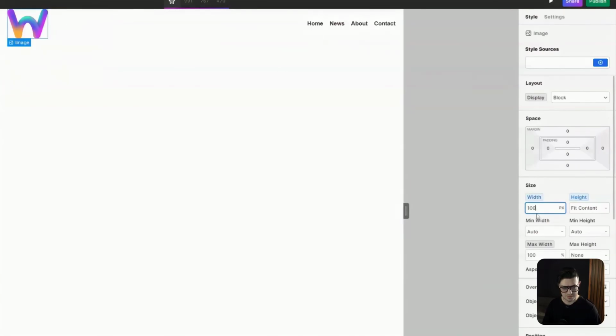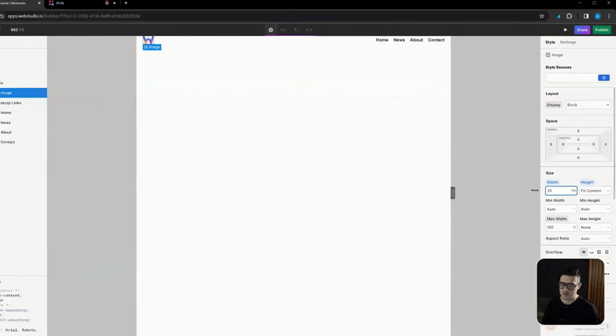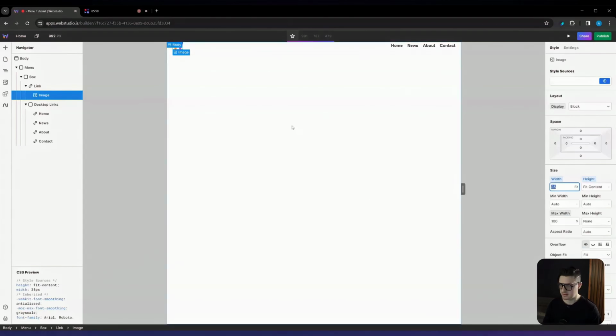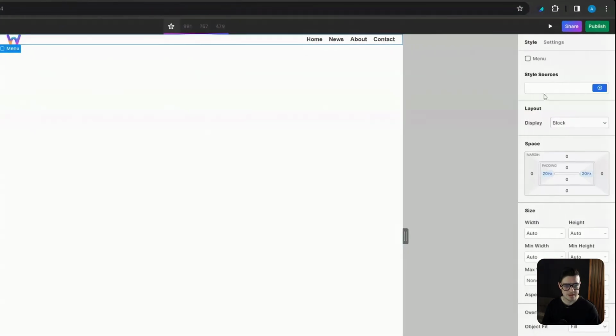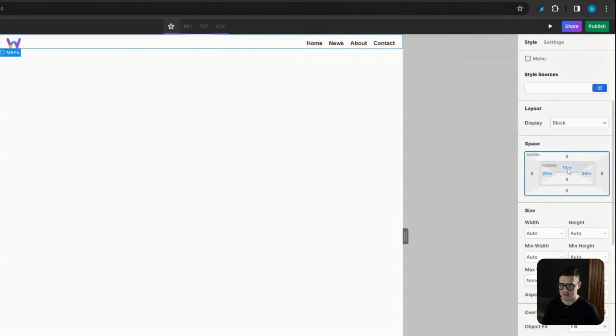That's way too big. Maybe we'll go half. I'm going to go Alt and click so I can just drag until I get to a size that I want. I am pretty happy with that. That looks pretty good. And now I just need to add a little bit more padding to the top and the bottom. So I'm going to go back to my menu instance in the navigator, and I'm just going to add here 10 pixels of padding at the top and 10 pixels of padding at the